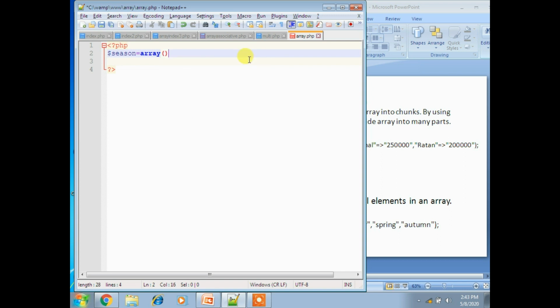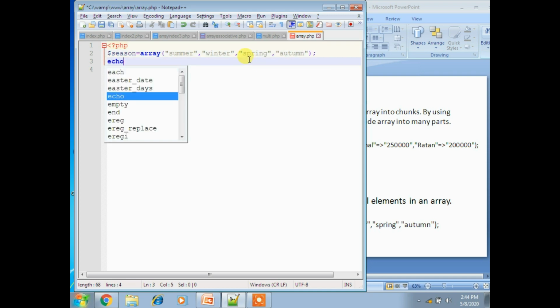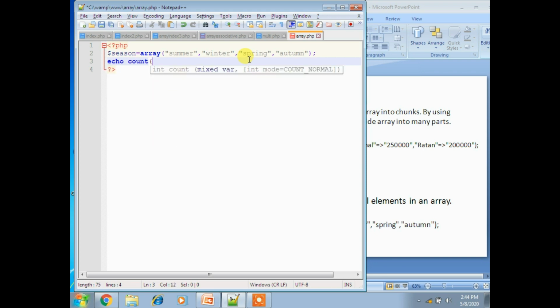Here I am using four different strings: summer, winter, spring, then autumn, and now here echo count of $season.